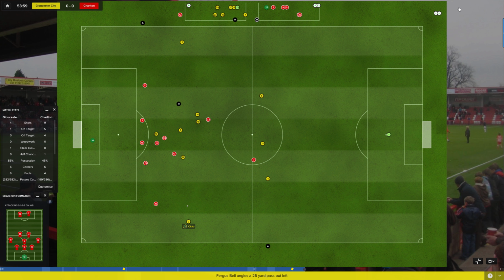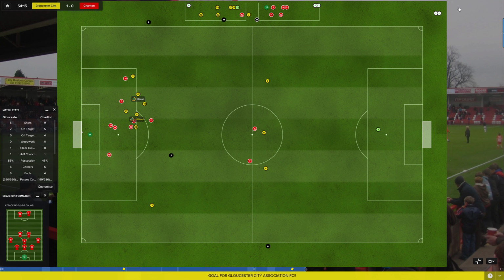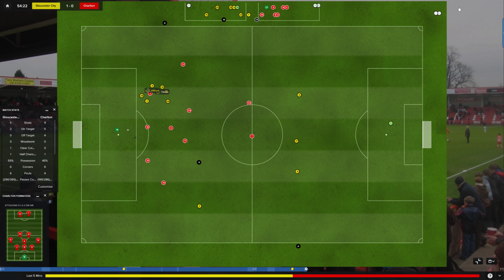Bell down to Oketo. Oketo now to Ryan. Ryan to Hilliard. Hilliard to Alassani. Alassani to Hanks. Hanks gets it back to Ryan. Ryan to Hilliard. Back to Hanks. Hanks inside the box shoots and he scores! What a goal! What a goal from Joe Hanks! We have taken the lead